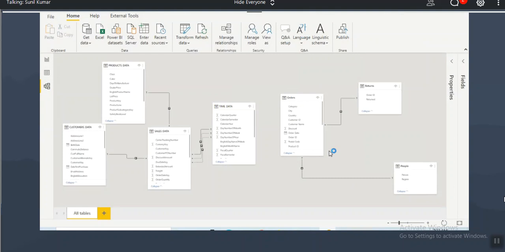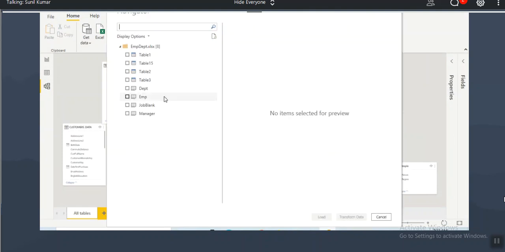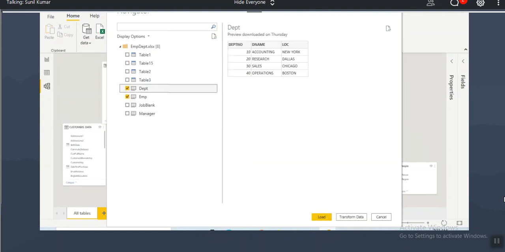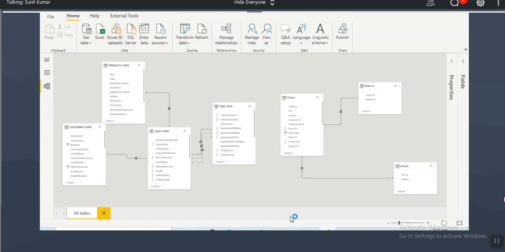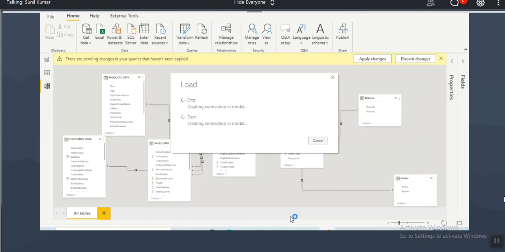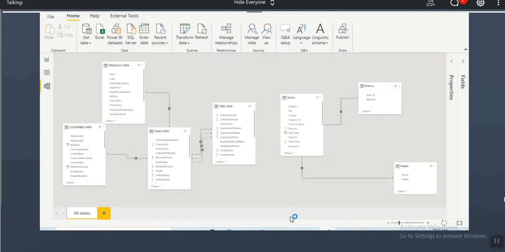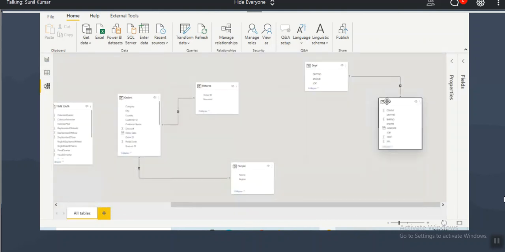Click on open and select 2 tables, the EMP table and the DEPT table. Click on load. Fine, now you got the 2 more tables here.